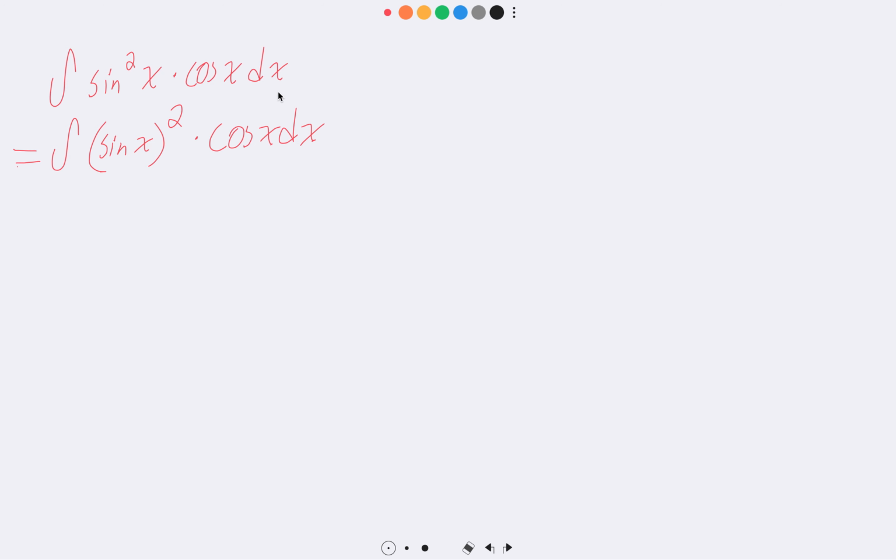Okay, now these two integrals are the same thing. This sine squared x and sine of x, all of that squared, same thing. So now let me introduce u-substitution. I'm not going to call myself a mathematician, but as someone doing calculus right now,